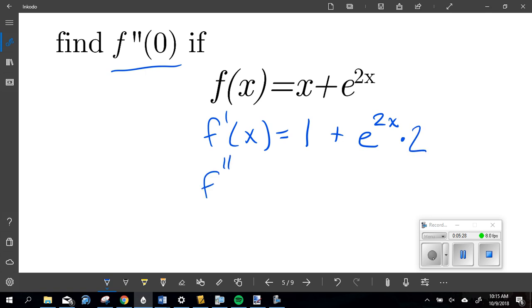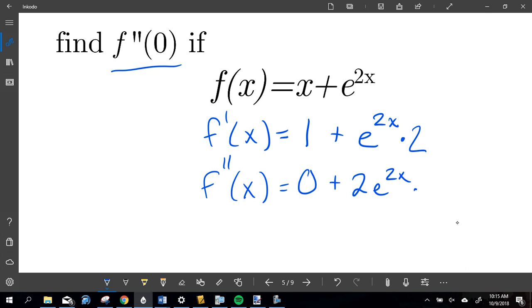I want the second derivative. What's the derivative of 1 going to get me? 0 plus the derivative of e is what I see, which is that 2 with it as well. It's a constant. Times the derivative of the exponent. What's the derivative of 2x again? 2. And so my real second derivative here is